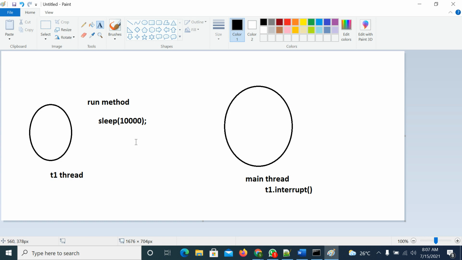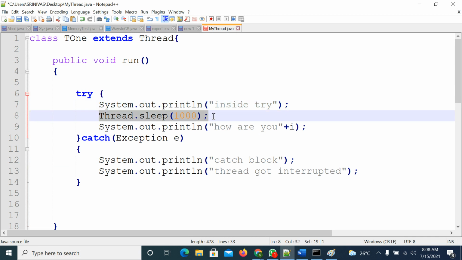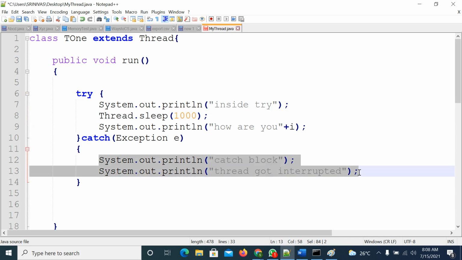So one time the process is completed. If you don't have the for loop here, then from this line it will be terminated. The waiting state is terminated. That means it is throwing one exception, right? That is InterruptedException. So it will come to the catch block and the catch block is executed. You are getting the output, right?